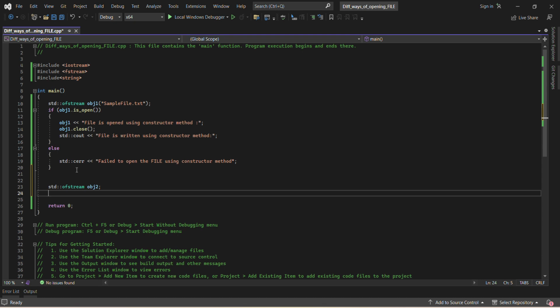And in the later part of the code, whenever I get to know the file name, I can use this object with the dot operator and invoke the open member function, and within the parenthesis I can mention the file name. Okay, so I'm using the same file name here, sample file.txt, right? So this is the syntax used for opening a file